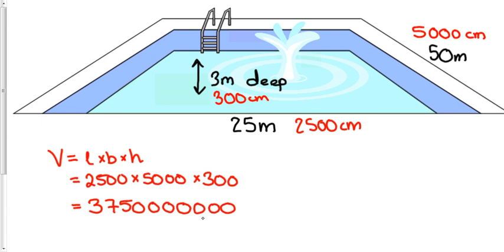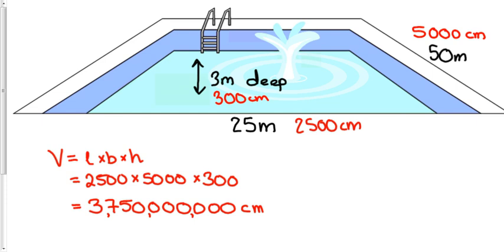Gosh, that looks like a big number. It's a wee bit old fashioned, but let's put some commas in just to help us out a little bit. 1 there, 1 there, and my 1 there. So that is 3,750,000,000